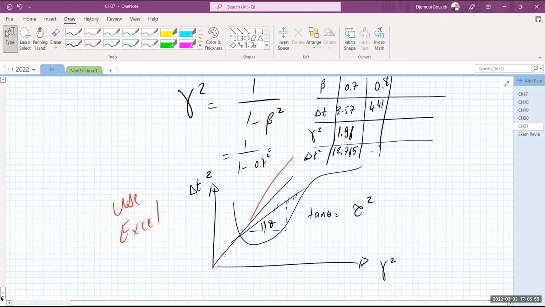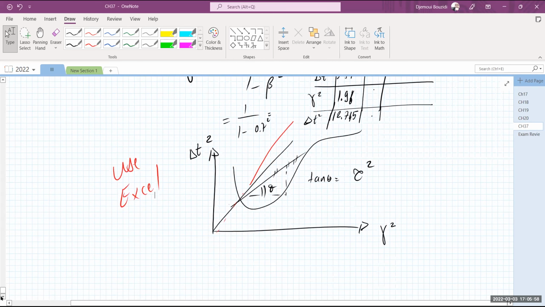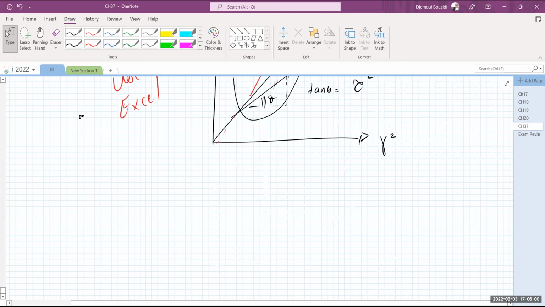GeoGebra also can do it. Whatever graphing software you have should be fine, okay? As long as you can do best fit and do all of these things. So the next question was, what is the speed of the particle relative to your lab equipment expressed in U